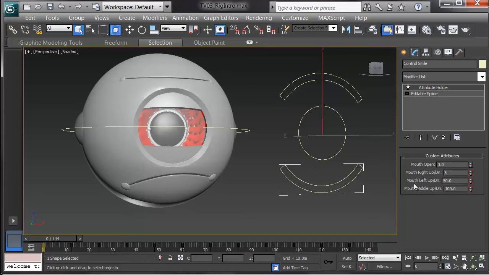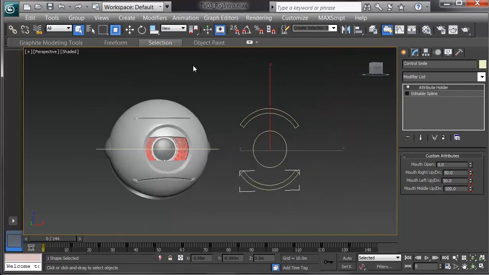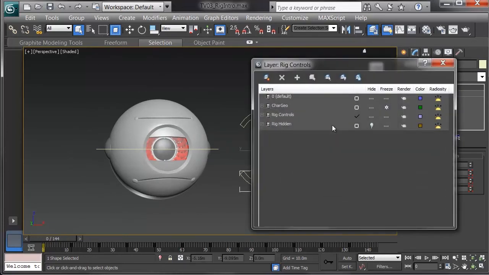I'll put these back to 50, and then I'll go and look at the rig controls here. These are really simple controls, but they give you a lot of possibilities for expressive animation. To show the rig controls, if you'd like to customize them further, go to your Layer Manager, and there's those